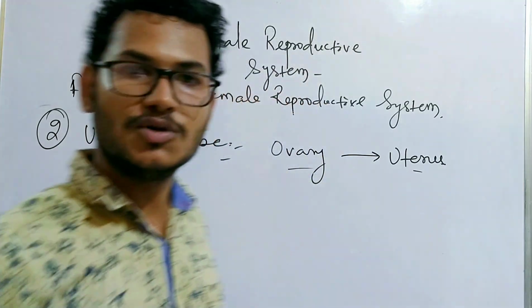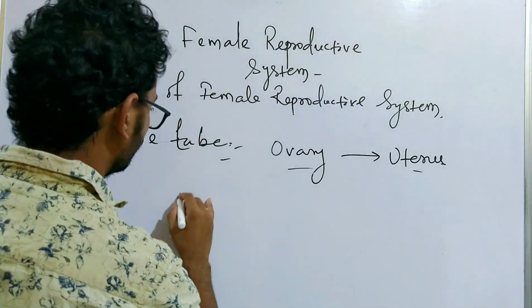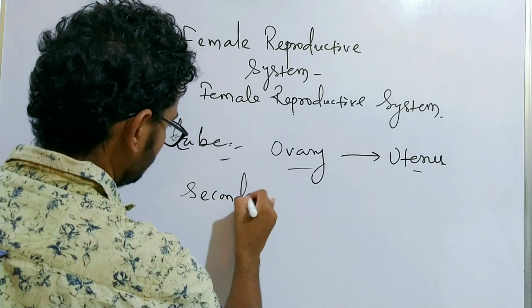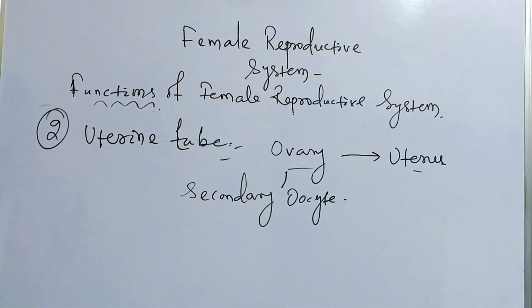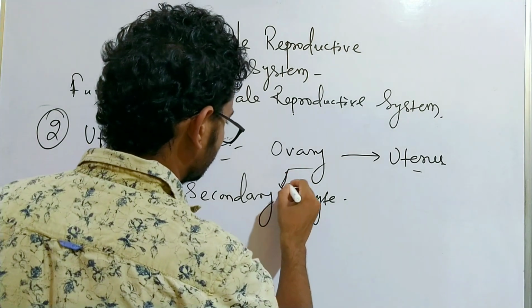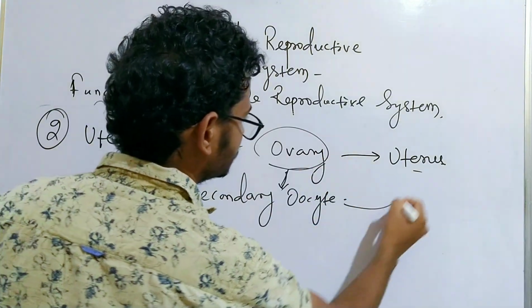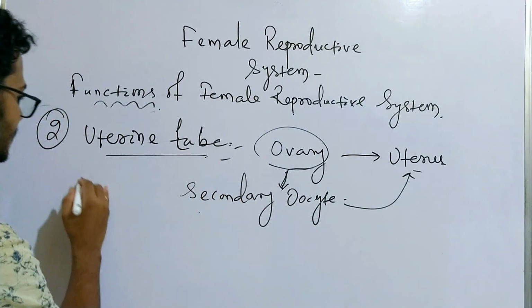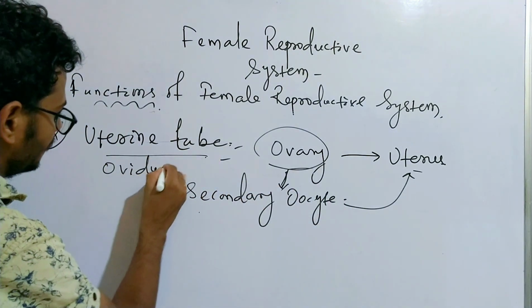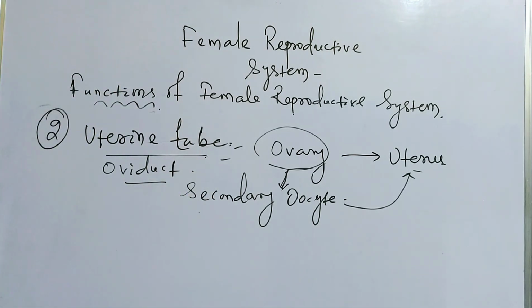So the secondary oocyte, which is produced in the ovary, is transported to the uterus with the help of this uterine tube, or the oviduct. So it helps in the transportation, and it is the normal